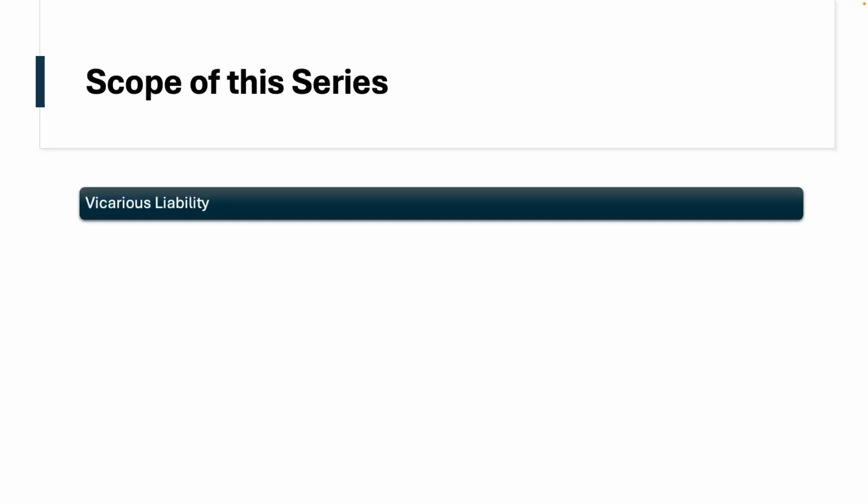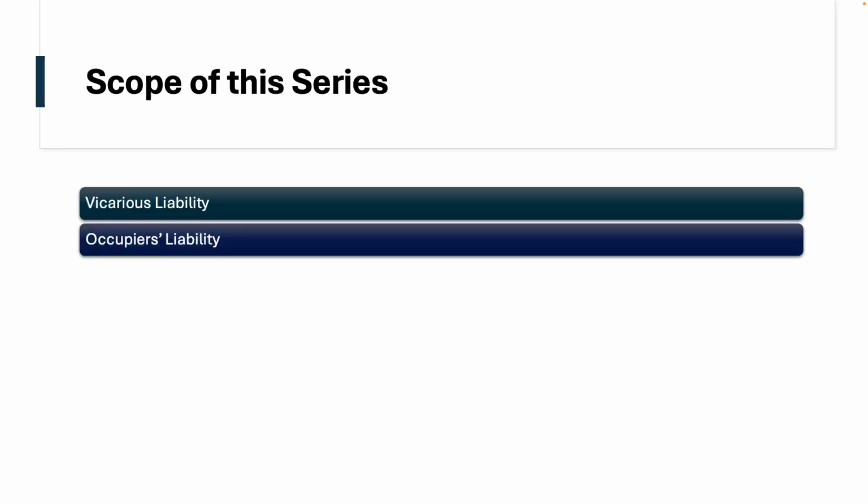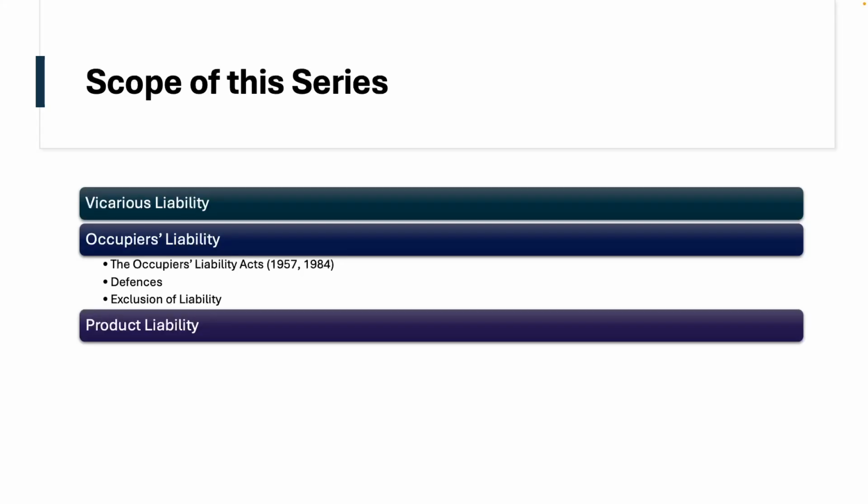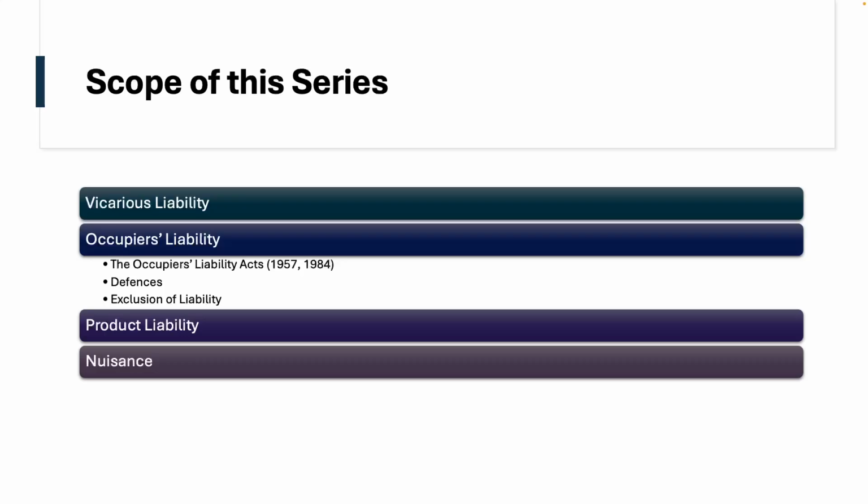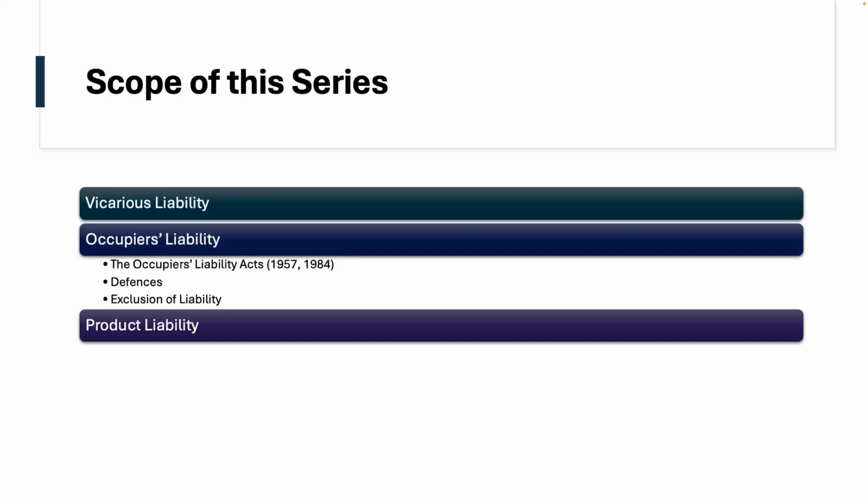So what is the difference between employer's liability and vicarious liability? What is vicarious liability? We'll explore that. But then we will start talking about occupier's liability, where we will examine the two pieces of legislation concerning occupier's liability, the Act from 1957 and 1984, the duty to trespassers, for example, as well as defences and exclusion of liability. We'll explore and spend some time talking about product liability, including the Consumer Protection Act, in the next topic,